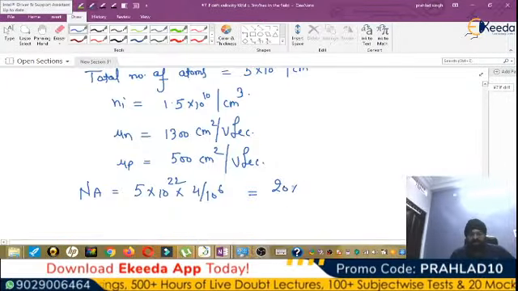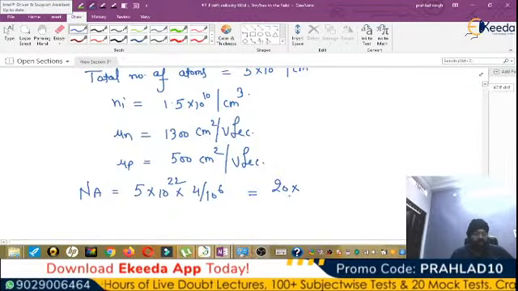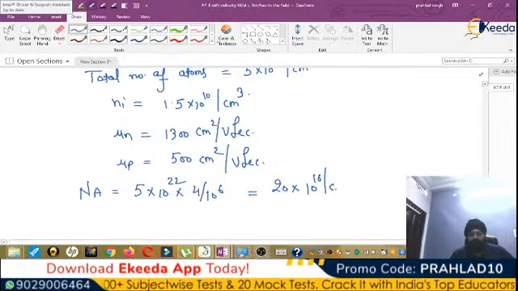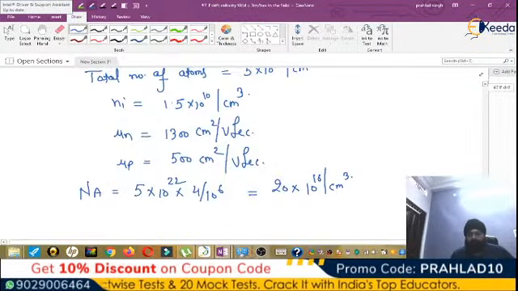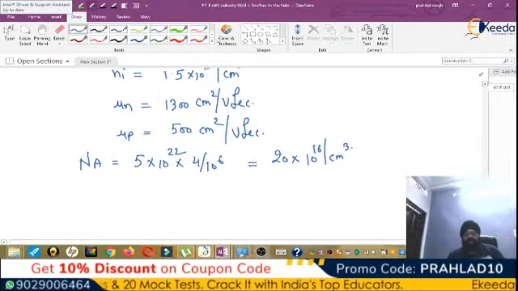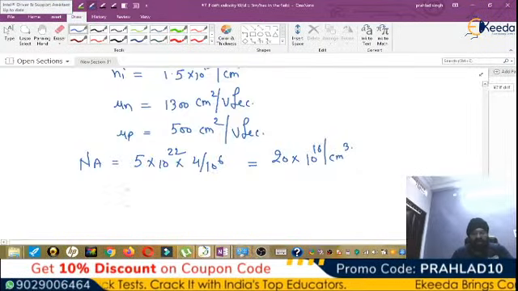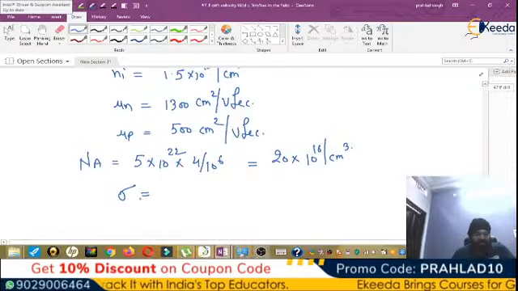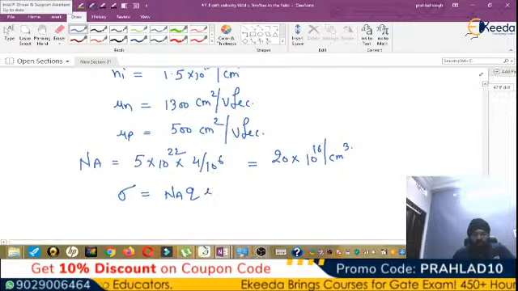So this answer is 20 into 10 to the power 16 per centimeter cube. So the conductivity is sigma, right? It is Na